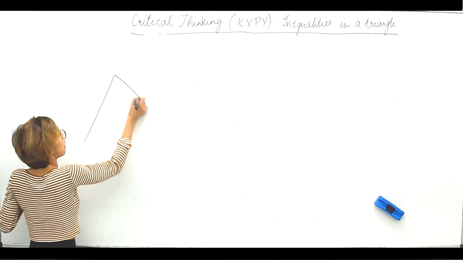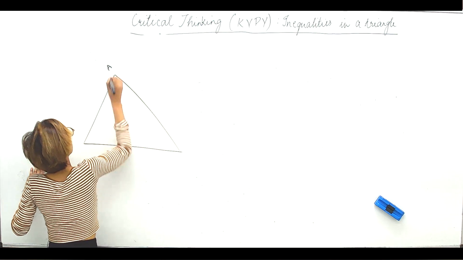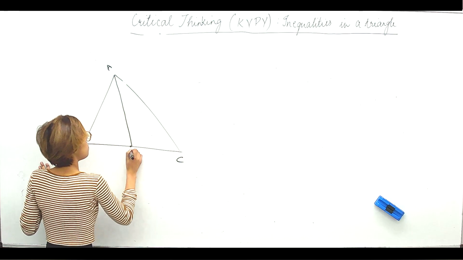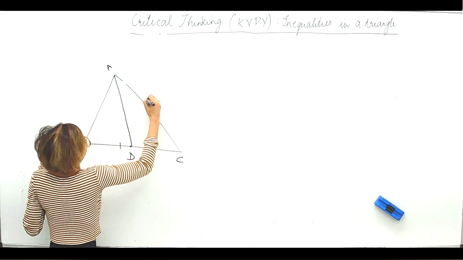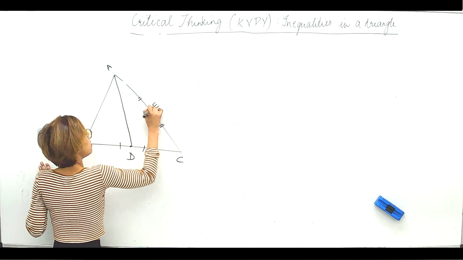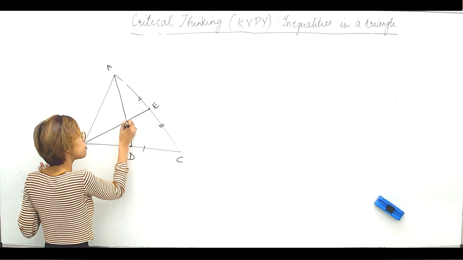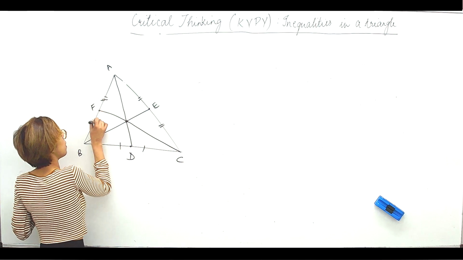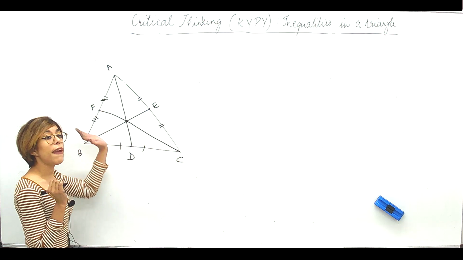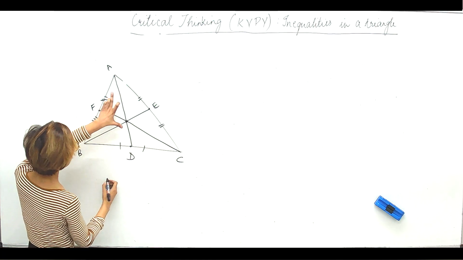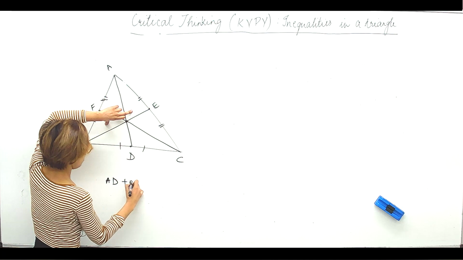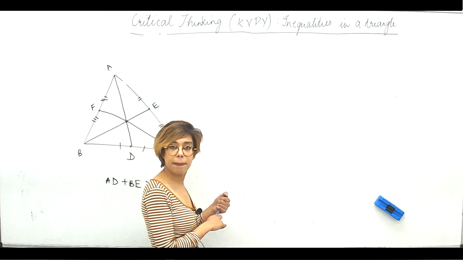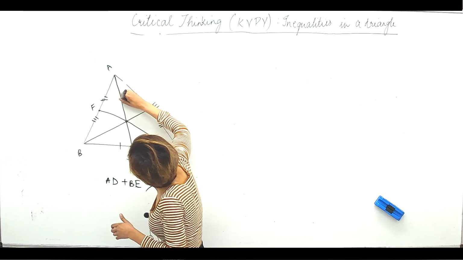Okay, so let me have my triangle ABC first. And I want medians. So AD is the median. This is equal to this. BE is the median. And obviously through this point, I will have my third median, which is CF. Now, I want to show that sum of any two medians is greater than the third one. So, any two में ले लेते हैं AD and then I take BE. Sum should be greater than the third one. Right? Now, AD, BE,